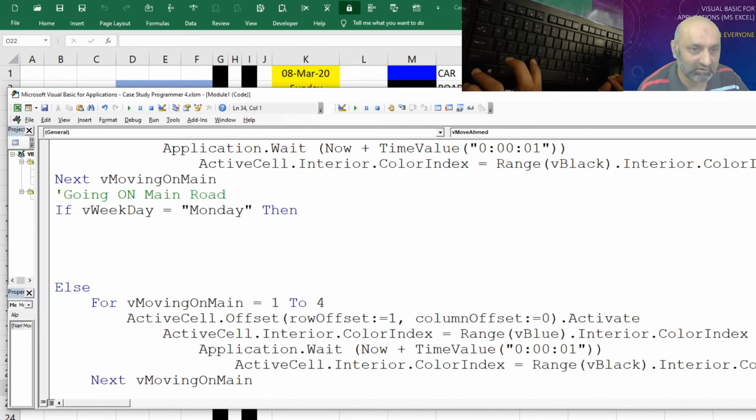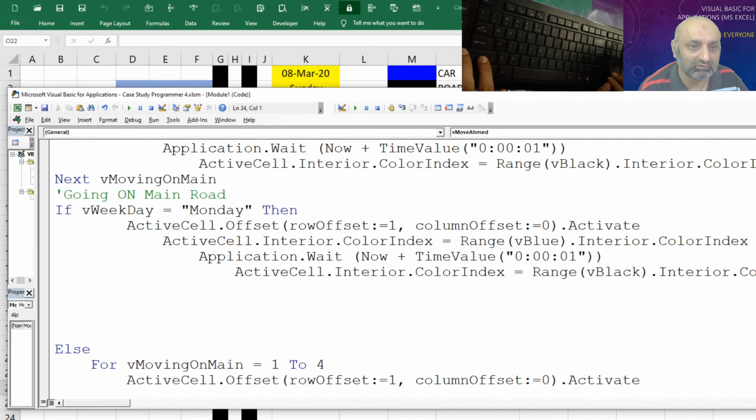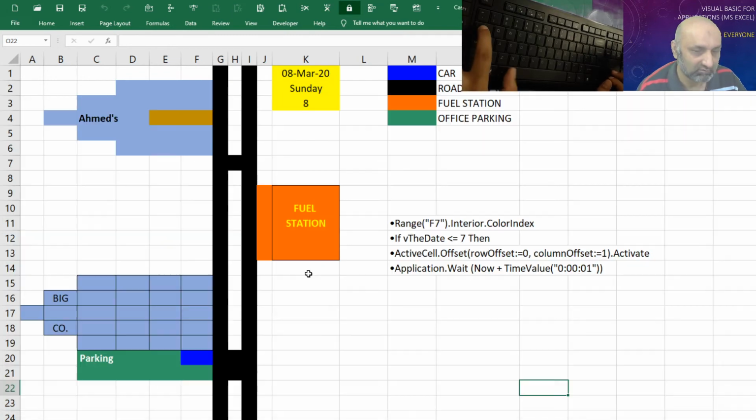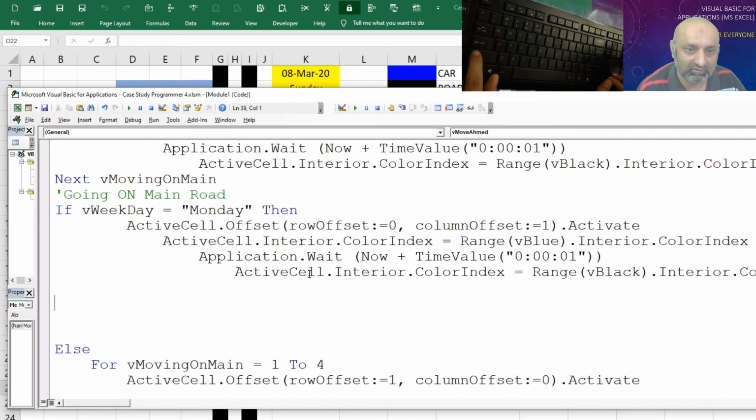This is Monday. Yes, on Monday, what we need to do is leave the main road and step 1 step to the right, and then change the color to blue, and then wait for 1 second, and then change it back to the color of the fuel pump, which was orange.